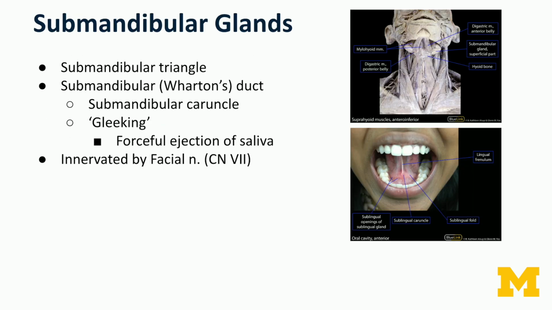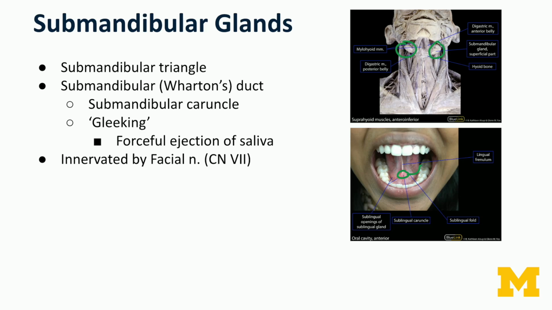Beyond the dental arcade, we have secretions from both the submandibular and sublingual glands. The submandibular glands are found in the submandibular triangle. So as students dissect in the laboratory, these often appear to them as masses of epithelial tissue, glandular epithelium. They kind of superficially resemble walnuts in that space. They have ducts known as submandibular ducts, also known as Wharton ducts, that traverse the sublingual space and secrete at